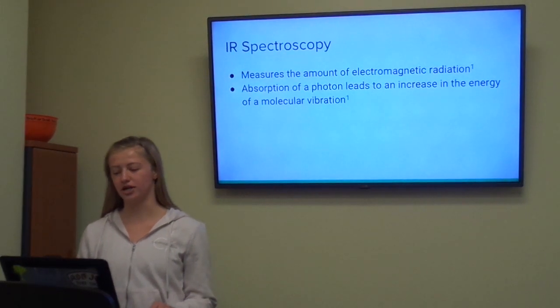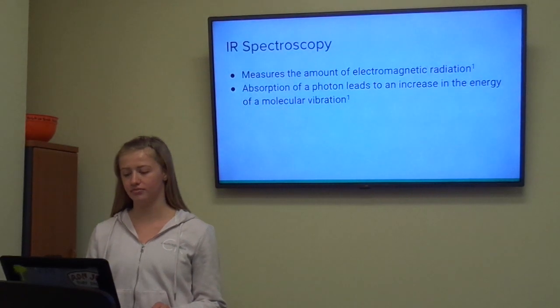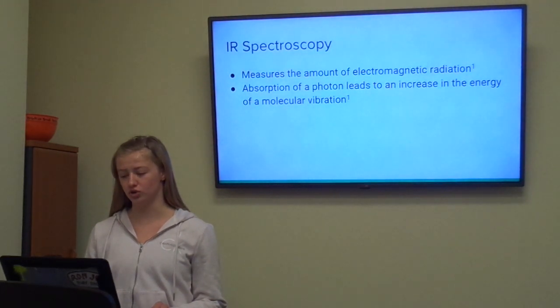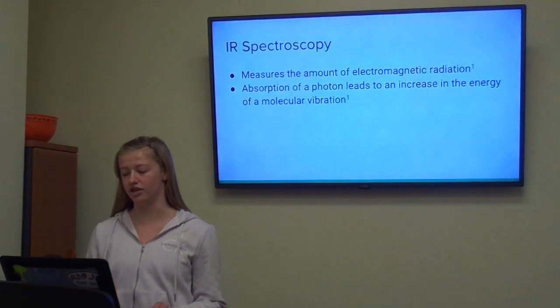IR spectroscopy measures the amount of electromagnetic radiation that is absorbed by a sample. In IR, the absorption of a photon in the infrared region leads to an increase in the energy of a molecule's vibration. The more complex a molecule, the more vibrations and hydrogen atoms it will have, and the more absorption